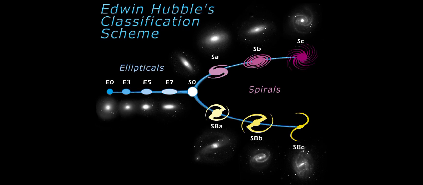Beyond displaying a wide variety of sizes, different galaxies also differ in the type of stars they contain. Elliptical galaxies contain predominantly older population 2 stars, whereas spiral galaxies contain a mixture of population 2 and population 1 stars, so many younger stars can also be found. This is due to regions of gas and dust of high density in the spiral arms, which allow new stars to form.